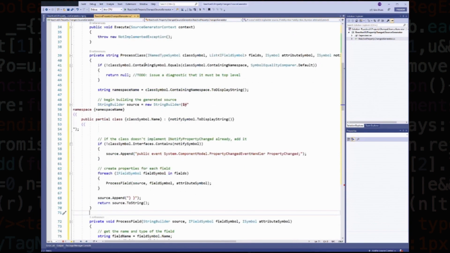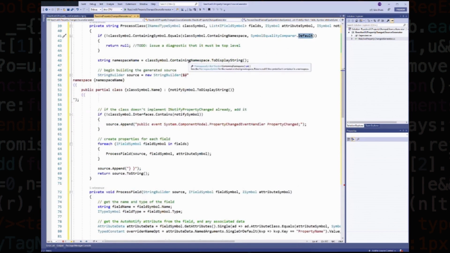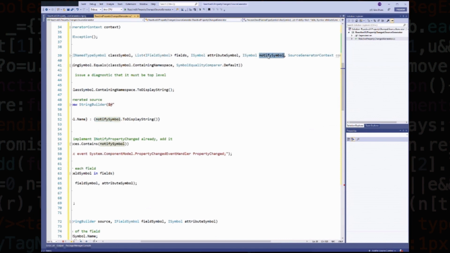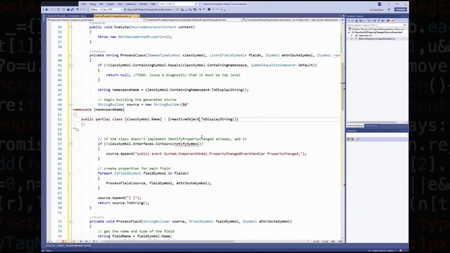They're saying it has to have a containing namespace, and we want a namespace for the project. So we're going to grab the namespace name, and here's where we're generating our partial class, right? Here it is passing in an INotifyPropertyChanged, and here is probably where we want to change it from INotifyPropertyChanged to a reactive object, right? Because we're not going to be dealing with that. We're just going to create a reactive object partial class now, which will give us access to